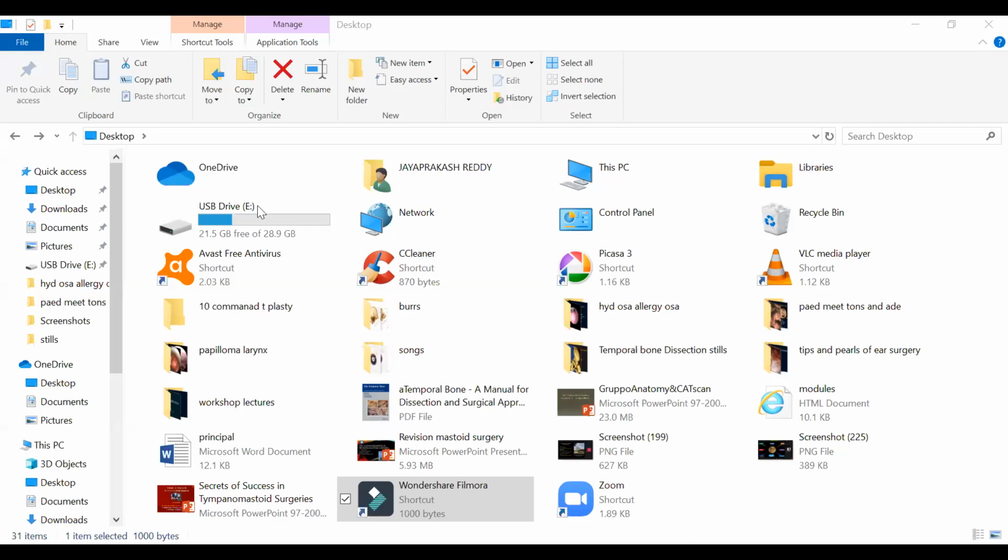These are the options that I have to select. So I will select a file like this and click open. I am selecting this video from a pen drive that is connected to my laptop, or you can also select a video from your computer. So now this is the file that I have selected.